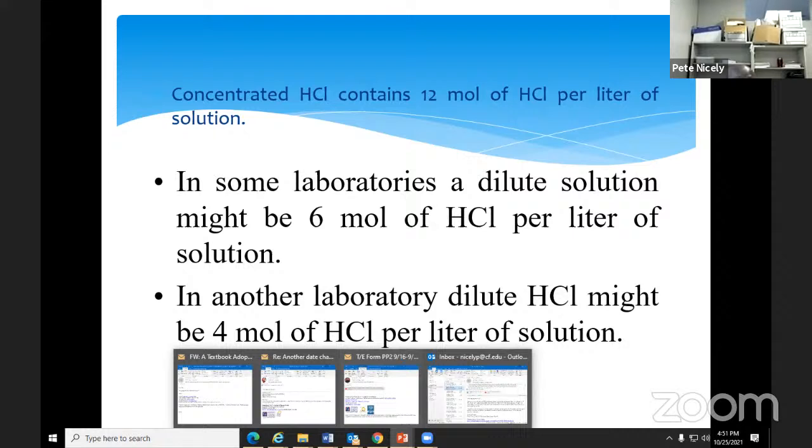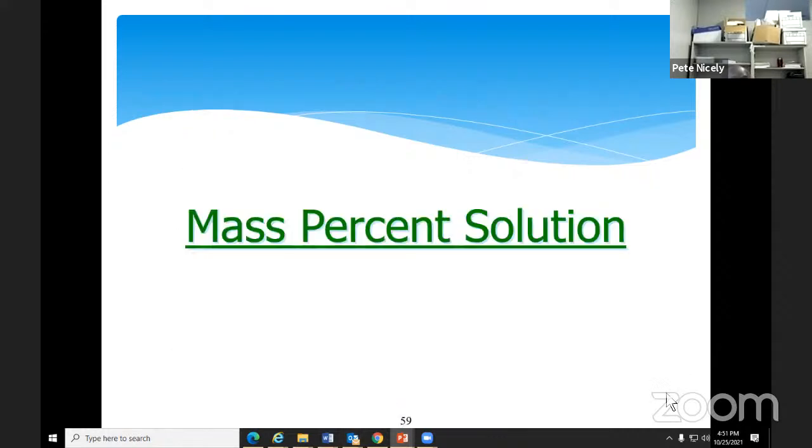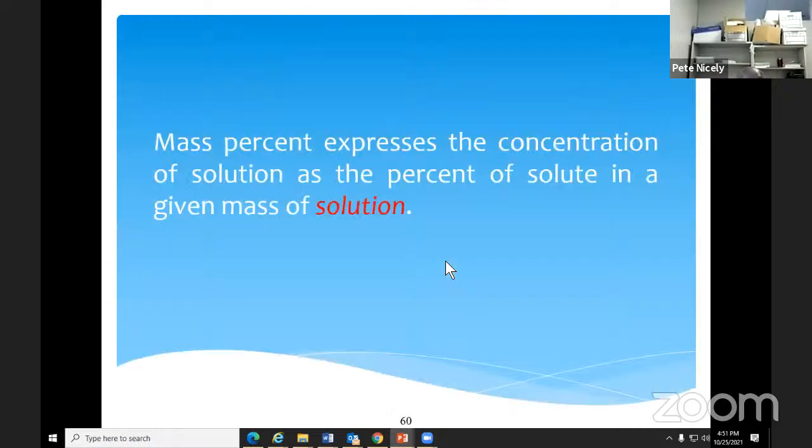Okay, so let's continue to talk about the different ways of expressing concentration. And the first way is what we call mass percent solution. Now, what do we mean by that? By definition, it's basically the concentration of a solution expressed as the percent of a solute in a given mass